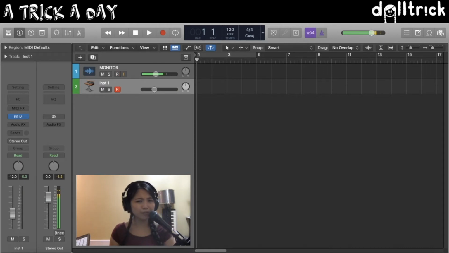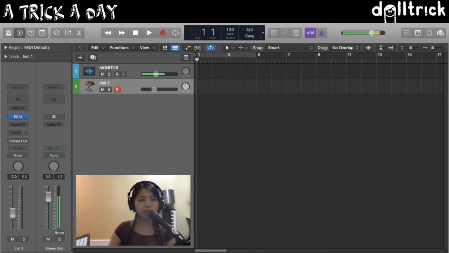And I wanted to also cover a couple of tricks that I found particularly useful when producing in Logic. So hopefully I'll be able to share some useful or neat things with all of you. I wanted to start off today by showing you a little bit of how to work with presets. So what we're going to do today is take a look at how to save a preset in an instrument